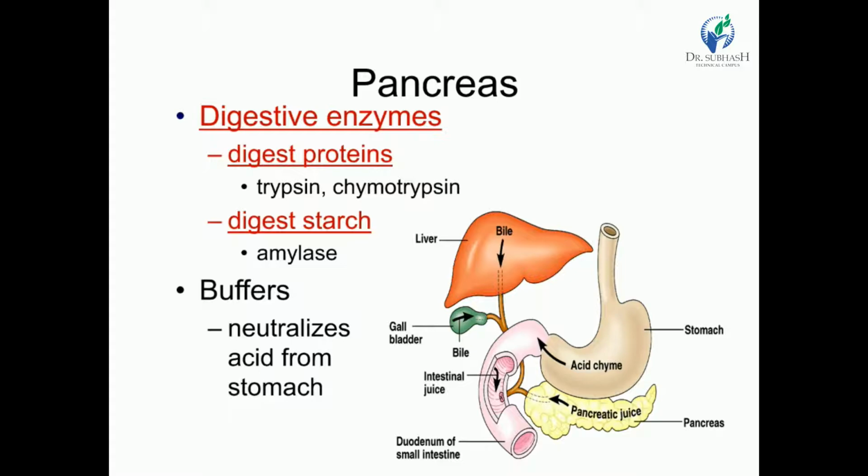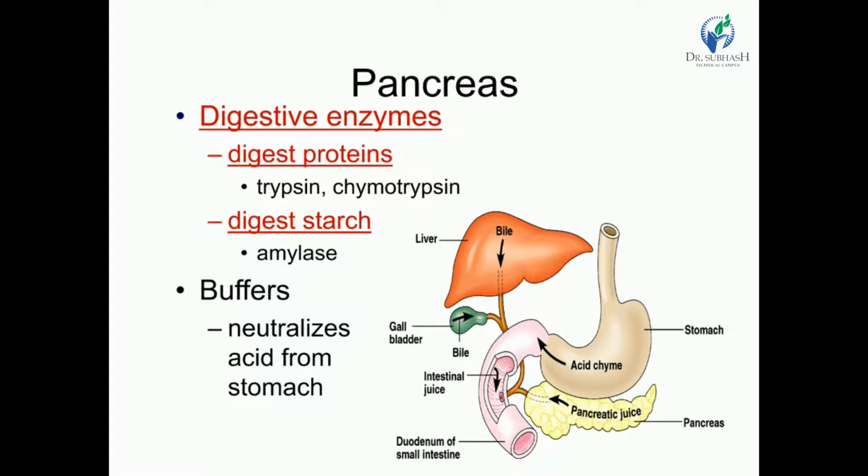fats. These digestive proteins are trypsin and chymotrypsin. There is also digestion of starch by amylase. There are also buffers, which neutralize the acid coming from the stomach. Right. Now, the endocrine part of the